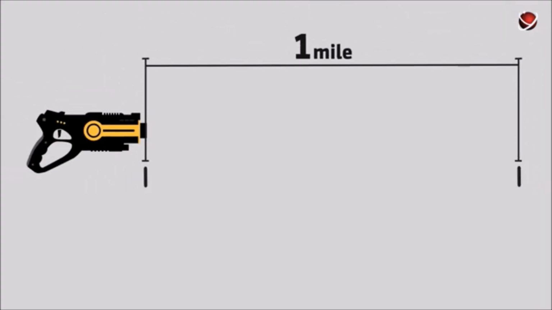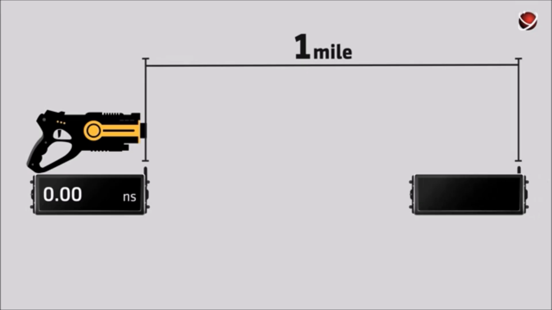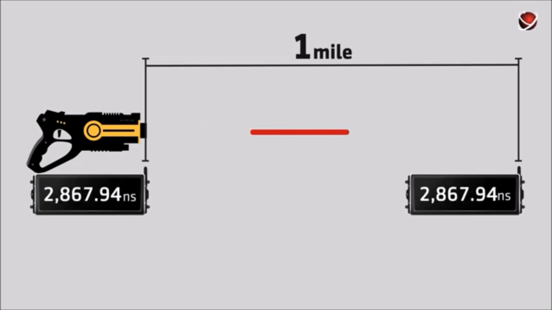Alright, let's imagine we have a laser that fires a beam through a perfect vacuum over a distance of 1 mile. We start the timer when the laser is turned on and stop it as soon as the light passes that 1 mile. But how do we know when the light reaches the end point if the timer is on and we are at the starting point? Apparently, we need 2 timers for that. One at the laser and one at the end of the path. We'll start them simultaneously, and the second timer will stop the moment it detects the arriving beam.